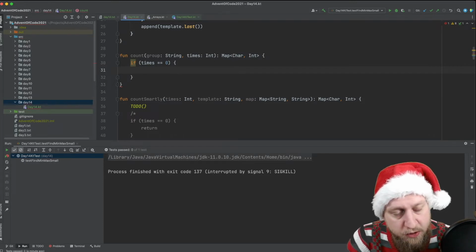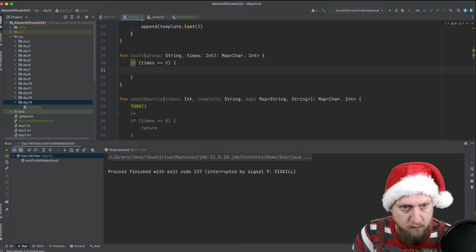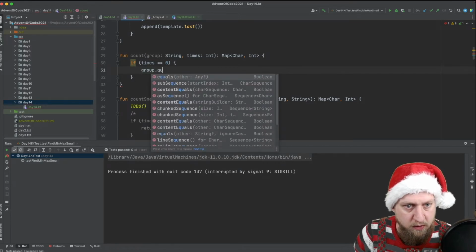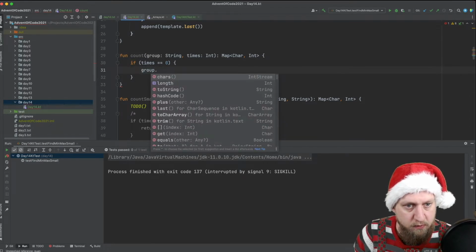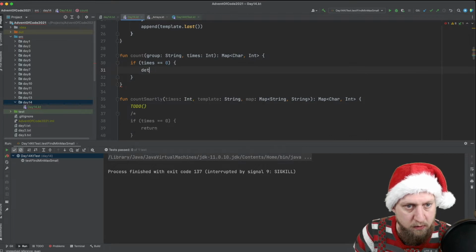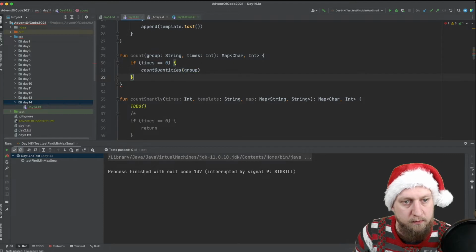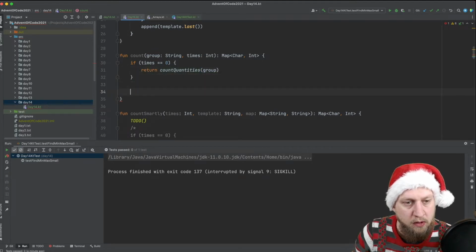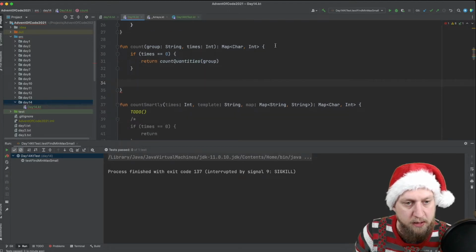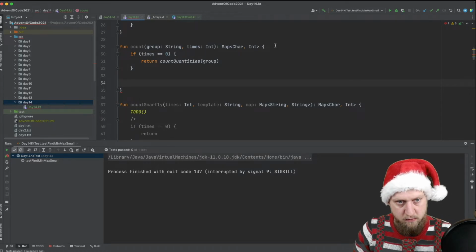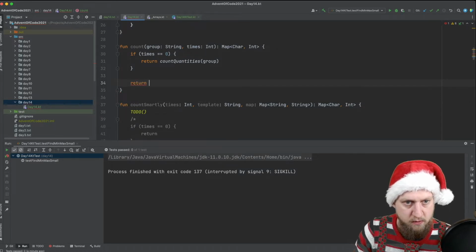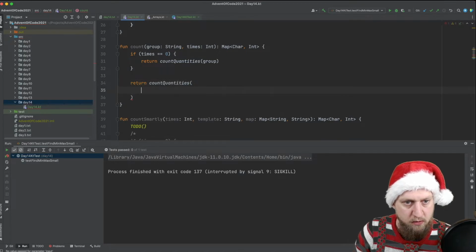So we return the quantities of our group. Otherwise, we say return count quantities of